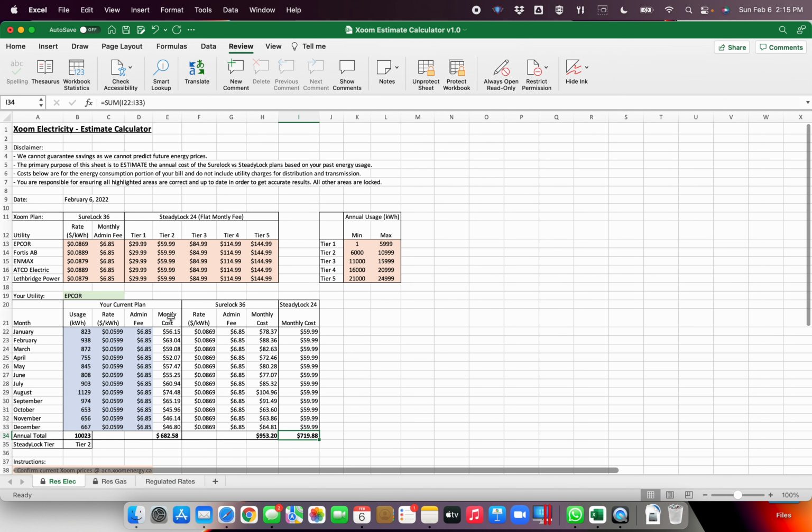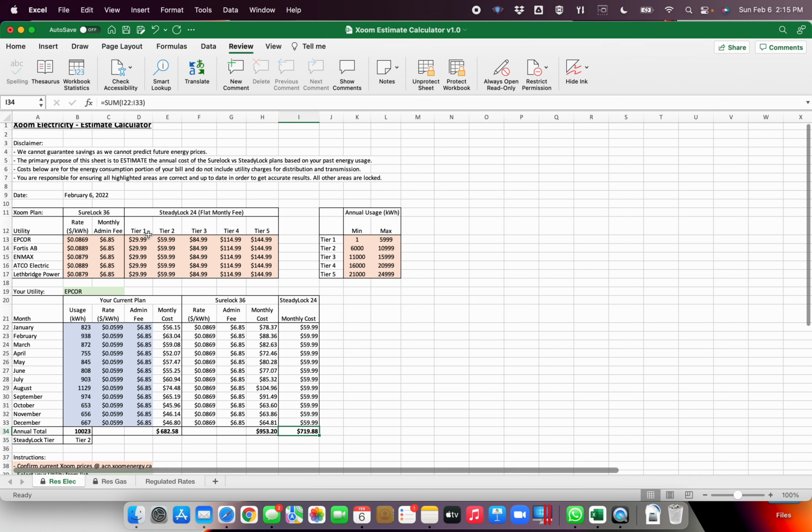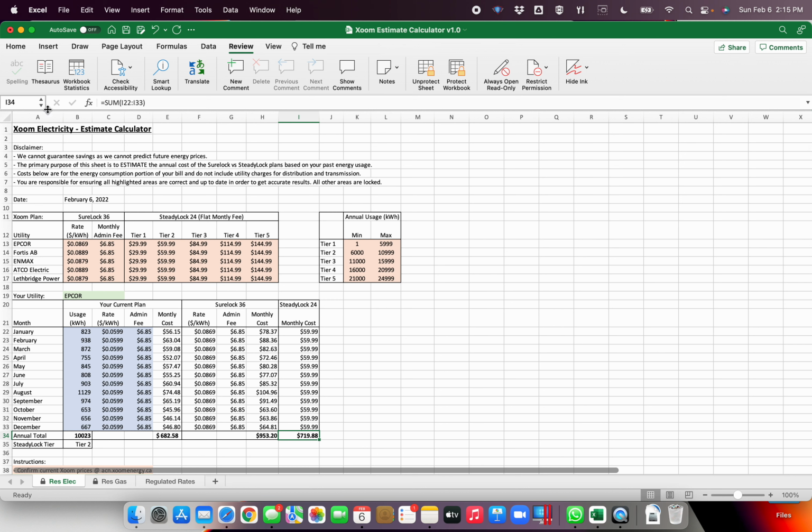The last thing I just want to touch on too is that if you're going to use this spreadsheet and you're going to send it to a customer, I would not send them this entire spreadsheet. I would fill it out for them. And then there's two things you could do. You could either just take a screenshot of the results and send them that, or you can print